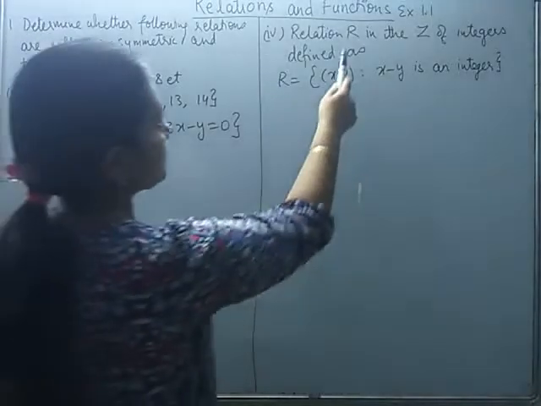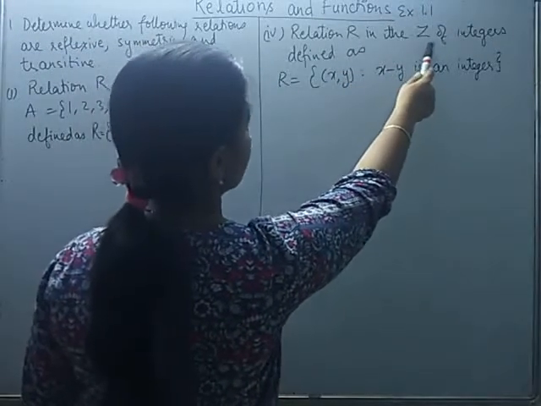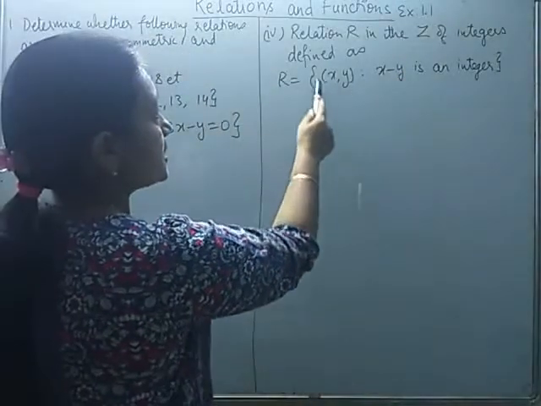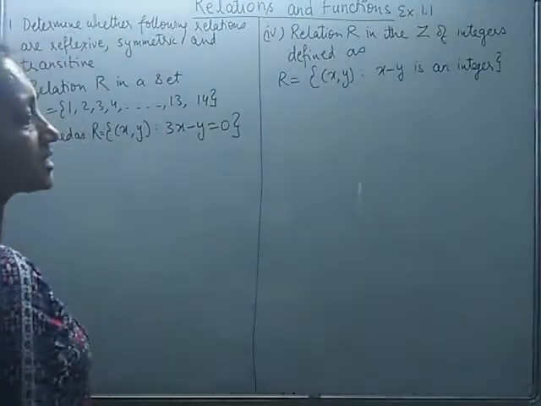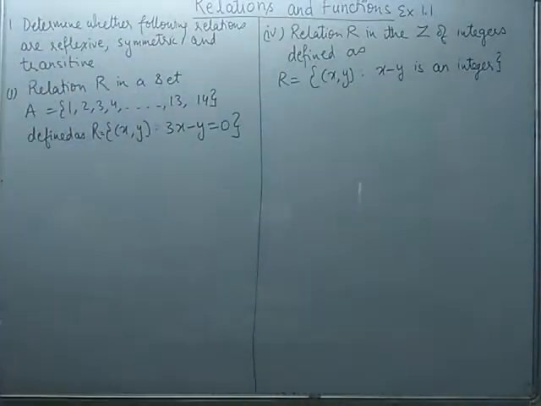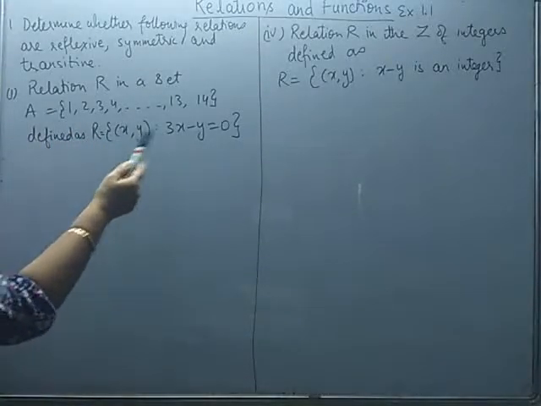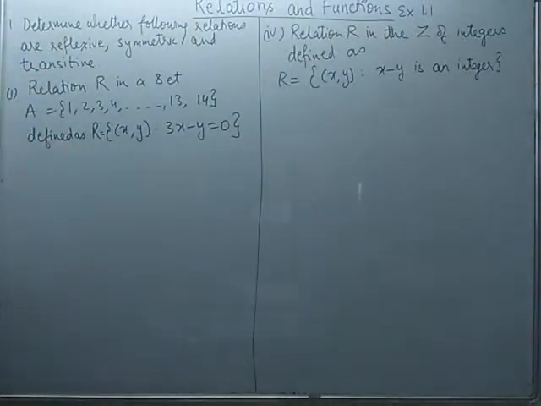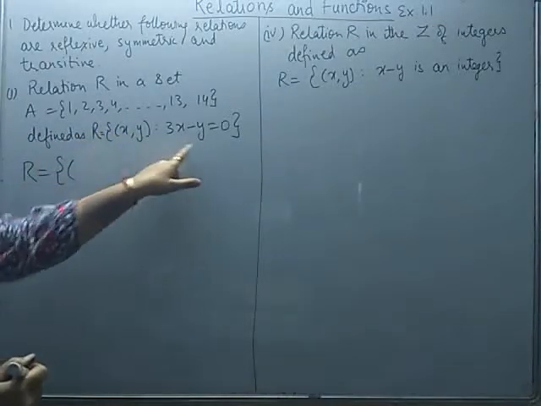Look at this example. It says relation R in the set Z, which is of integers, is defined like this. If you will start writing these pairs by assigning values to X and Y, it will become an infinite set. You will be able to write infinite pairs. So the questions where it is very easy to write down the pairs, you can write. Otherwise, we will attempt that question in a general way. Okay, going by this, we can quickly write what all will come in the set R.